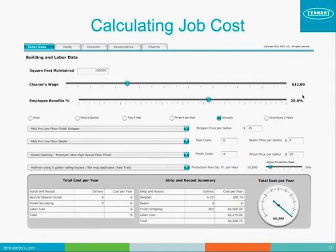This happens to be a software program that we developed for a client. This makes it a little bit easier because you see there's daily, interim, and restorative. For the sake of this presentation, we're just isolating what the cost is. So what you see is strip and recoat. It shows us how many gallons of stripper we need, what the actual labor cost is going to be, and then it shows us information that tells us how many